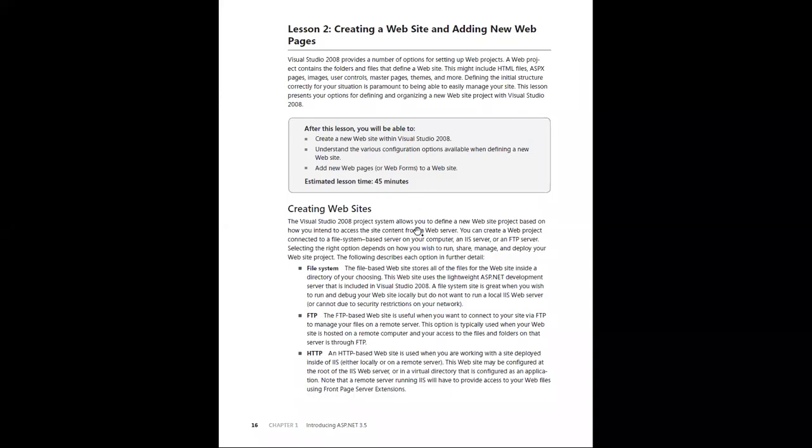Today is the second topic for ASP.NET web application development. We are continuing to explain and let you warm up on what ASP.NET is all about. So today we are going to give a short demonstration of how to create a website in the Visual Studio